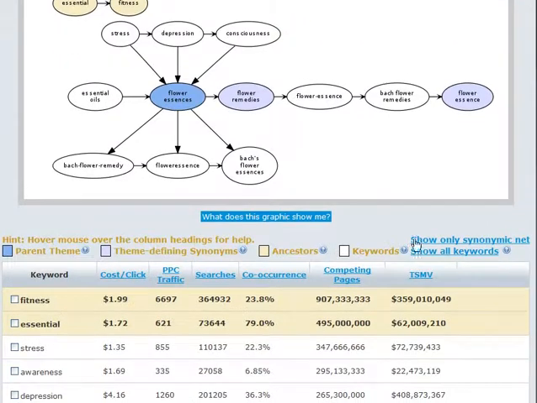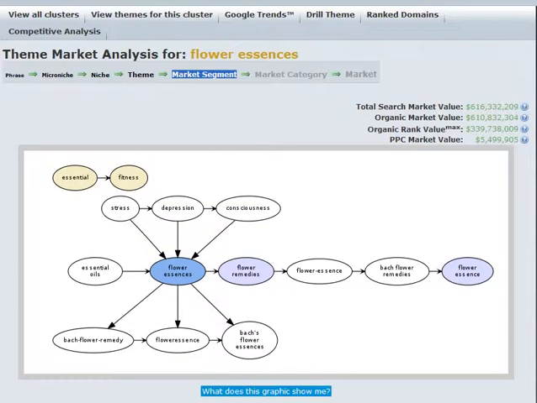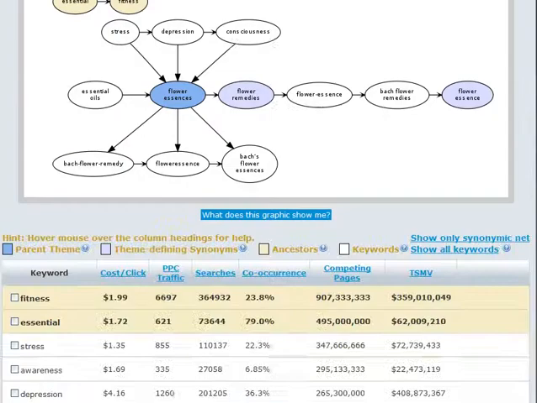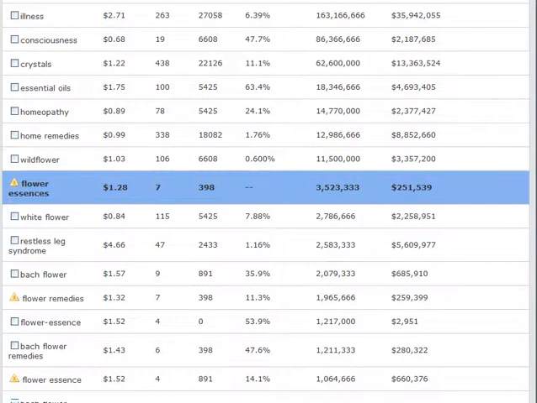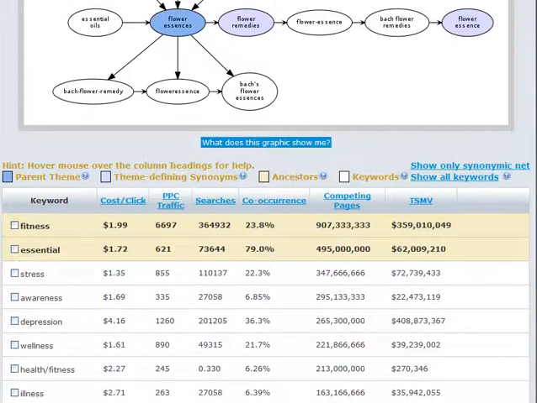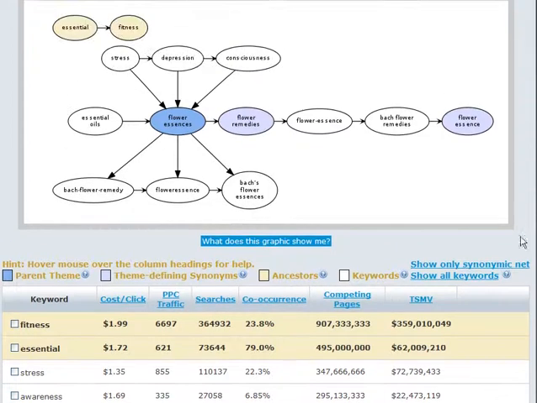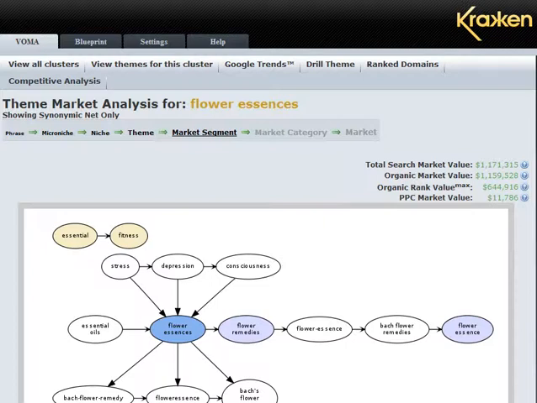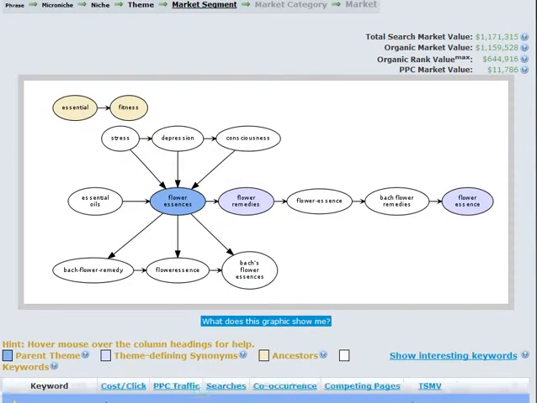But I'd like to bring your attention to this little line right here. We're going to try to make it a little more obvious. Show only the synonymic set. So if you need to snap back to change your total search market value, organic market value, and everything to not reflect all the keywords on the most interesting area here, you just go ahead and click Show Only Synonymic Set. And voila, you're back to what would normally have been